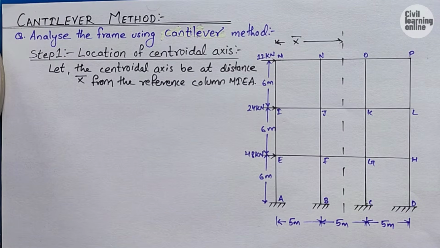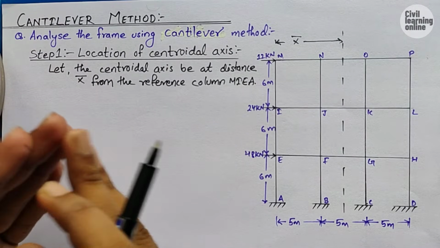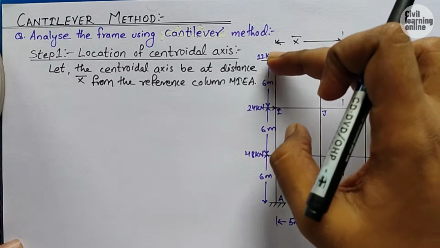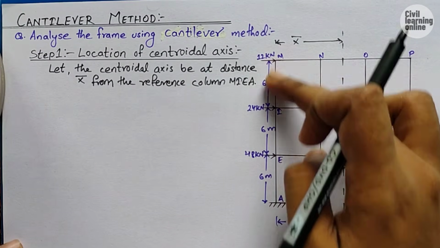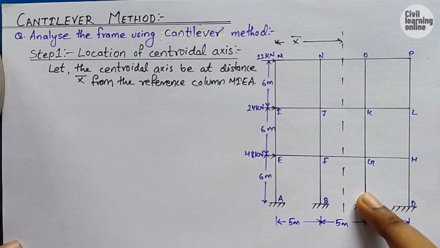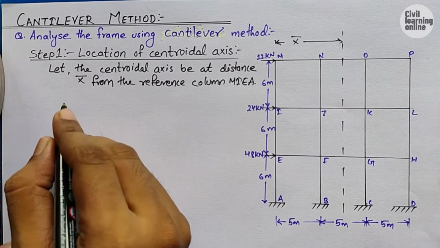Now guys, after doing this, we need to proceed in the similar way like we used to find the CG in strength of materials. So let us assume that the cross sectional area of this column is A. Similarly, of this column is also A, this column is also A, and this column is also A. Means here we will have a total of 4A,